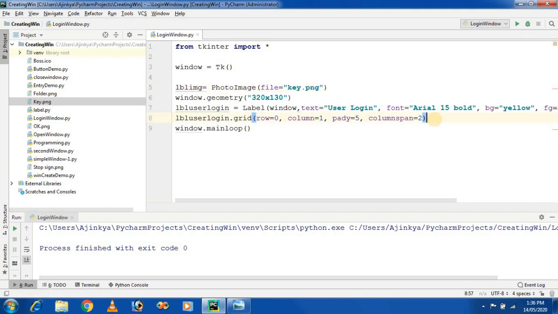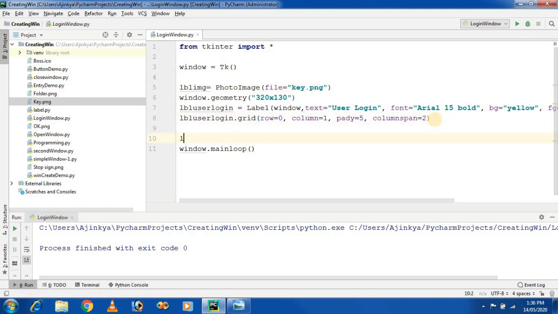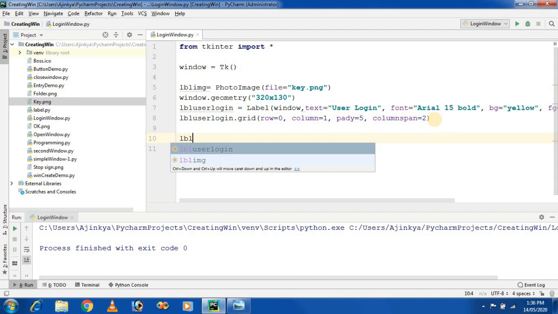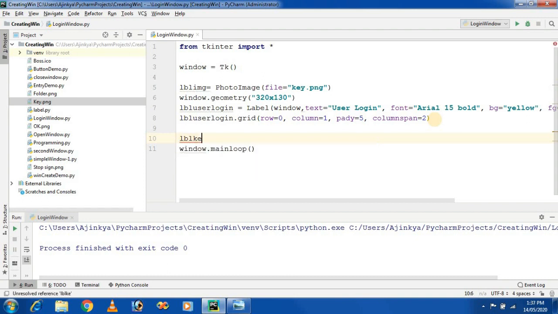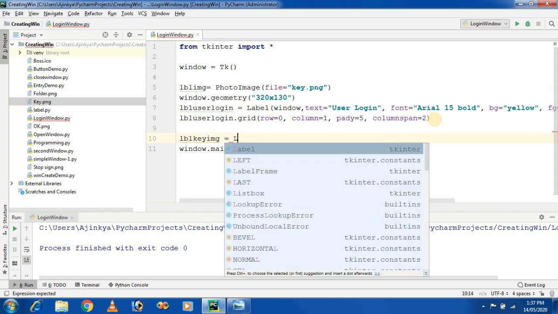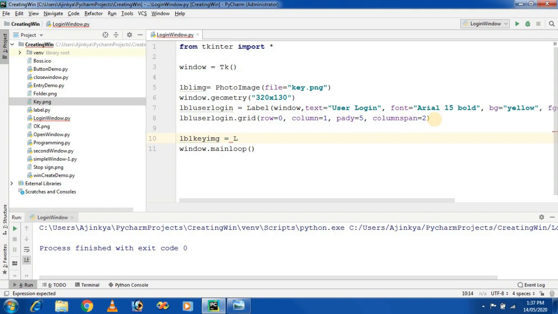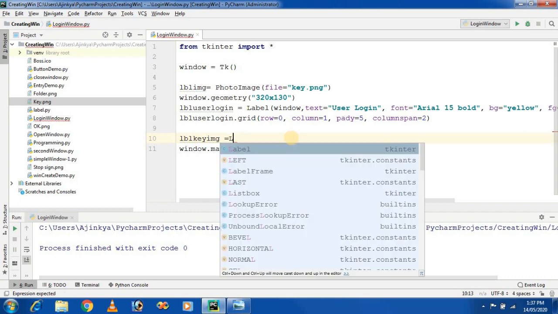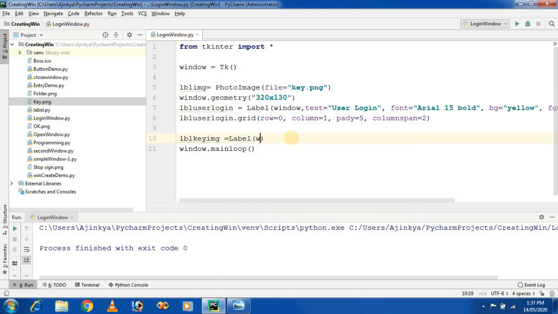So how can we attach it? Next step, I am giving the object name as lbl key image, creating a label class. So I am creating a label class and it is placed on the window.